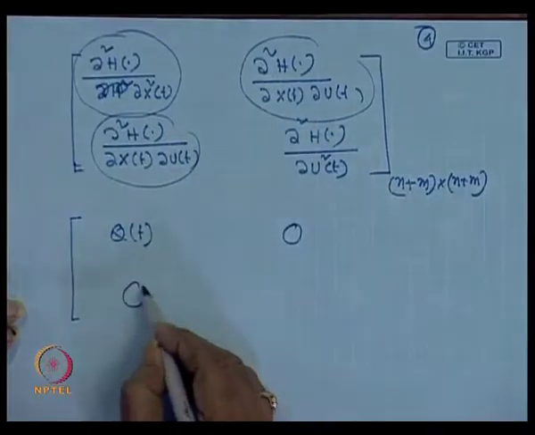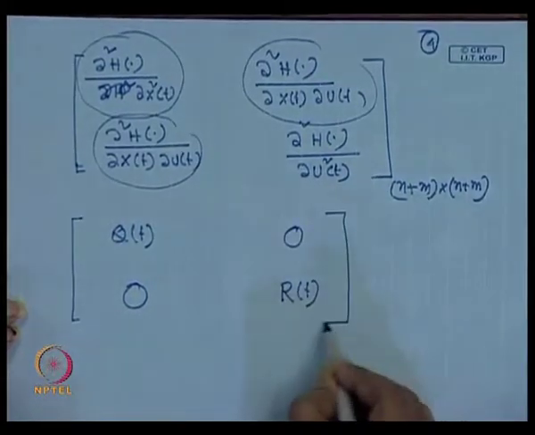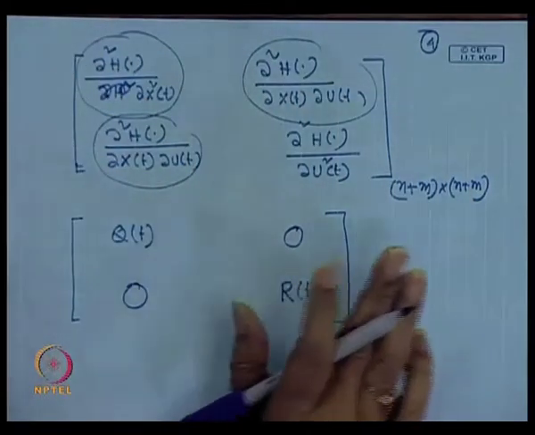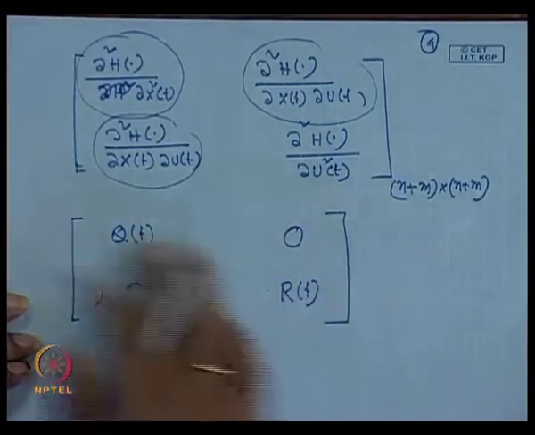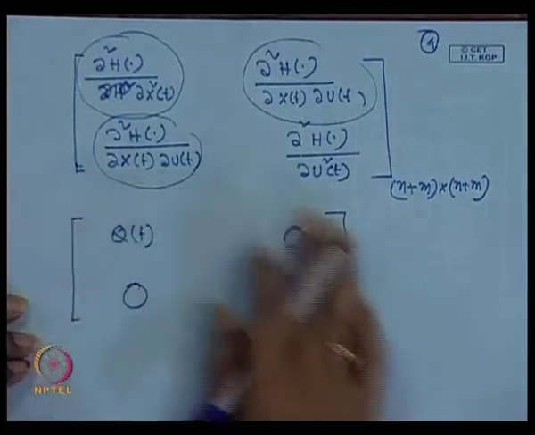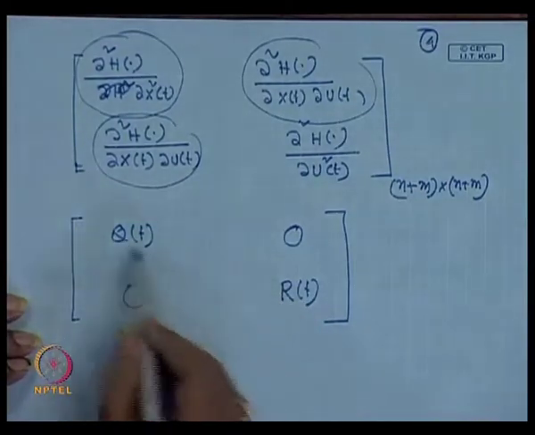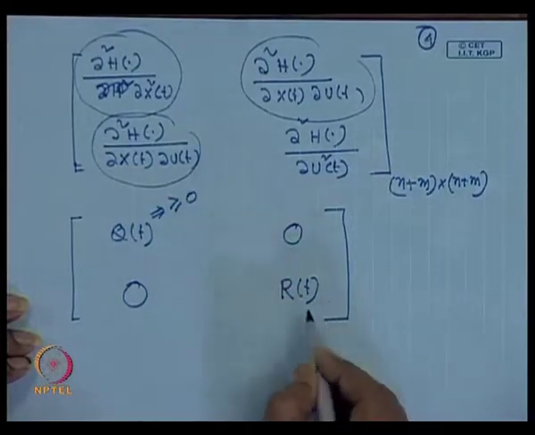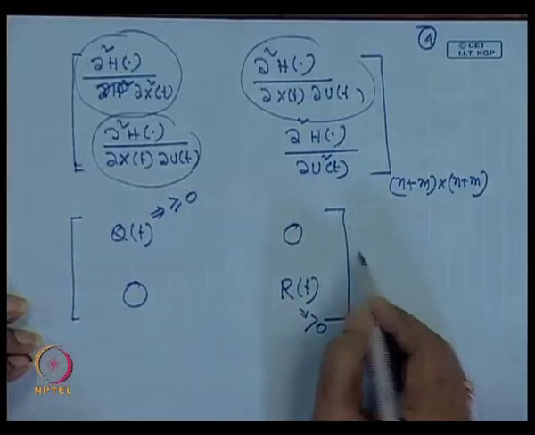This is also 0, and this we will get r of t, and this is r of t. In order for the objective function to be maximum or minimum, it depends on the nature of this matrix. So, the nature of the matrix: if you consider this a positive semi definite, this is a positive definite matrix, this matrix is always positive